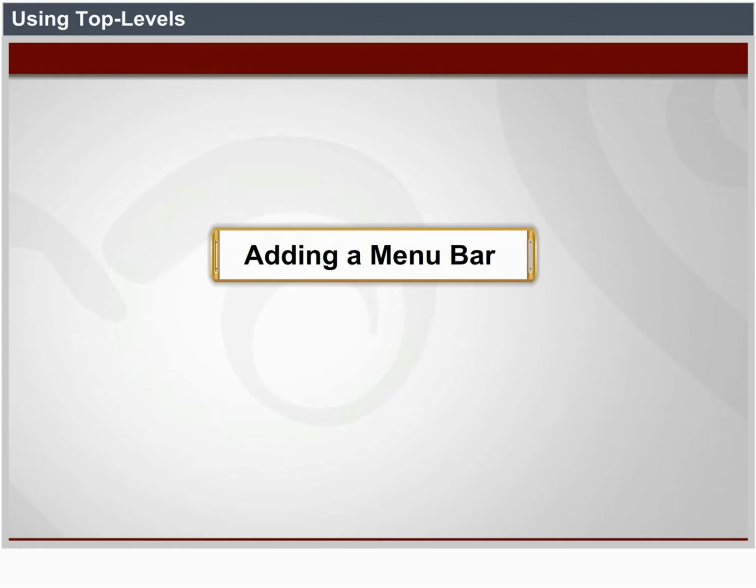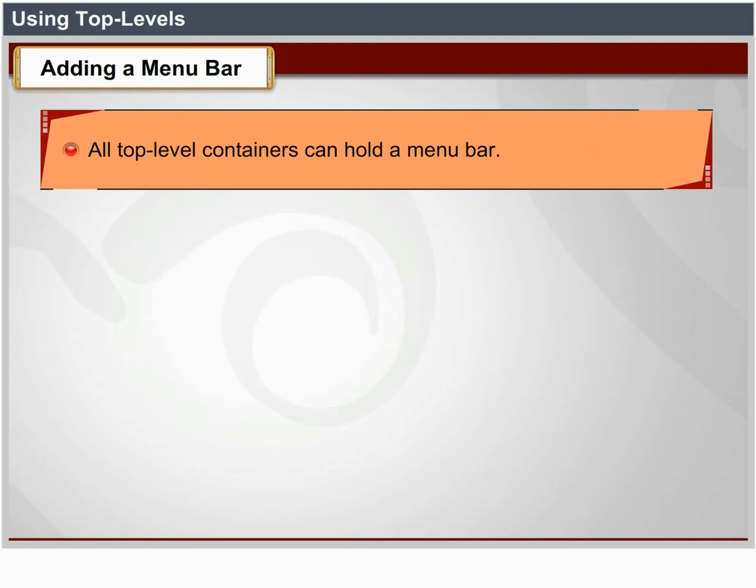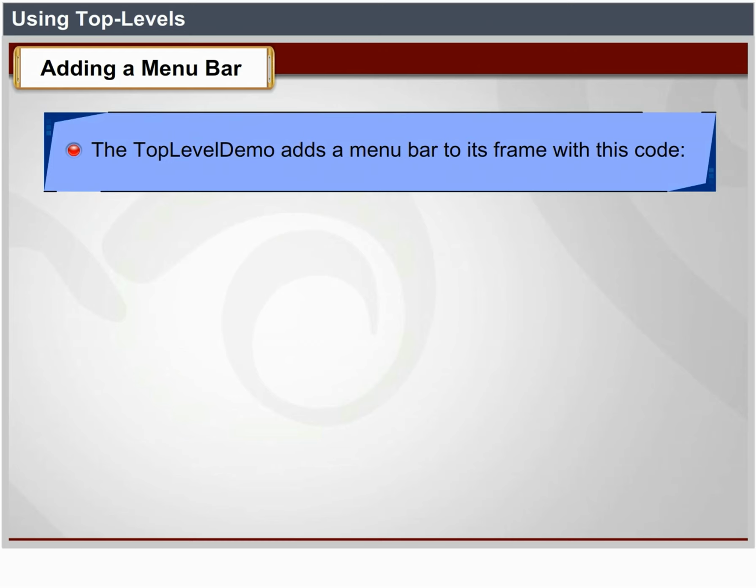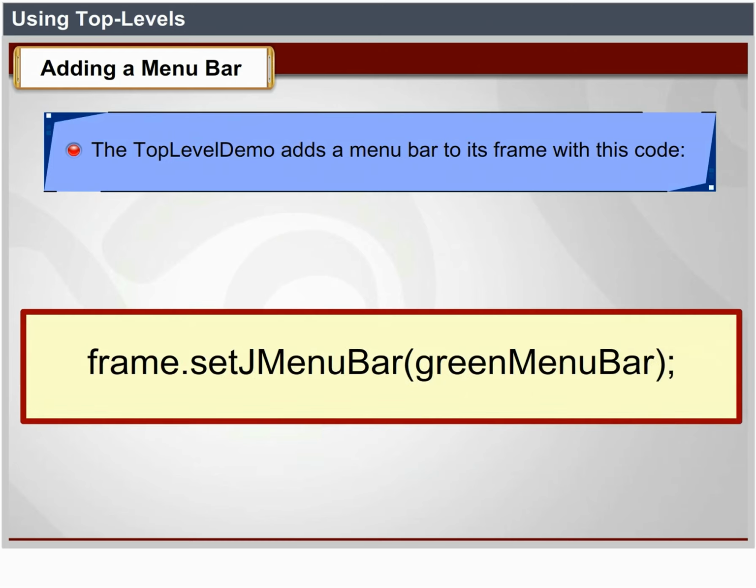Adding a menu bar. All top-level containers can hold a menu bar. Create a JMenuBar object, populate it with menus, and then call setJMenuBar to add the menu bar to a top-level container. The top-level demo adds a menu bar to its frame with this code: frame.setJMenuBar(greenMenuBar);